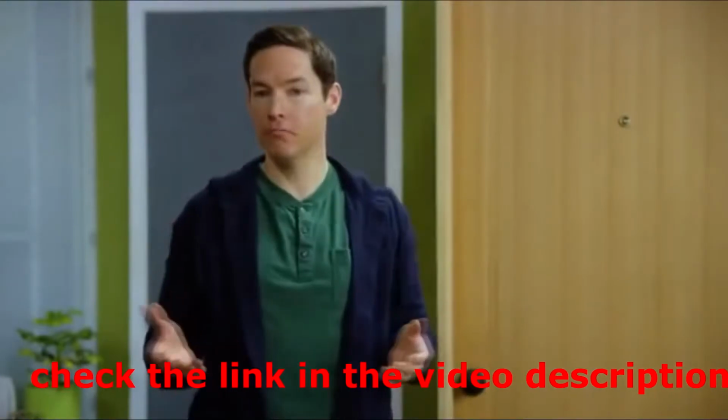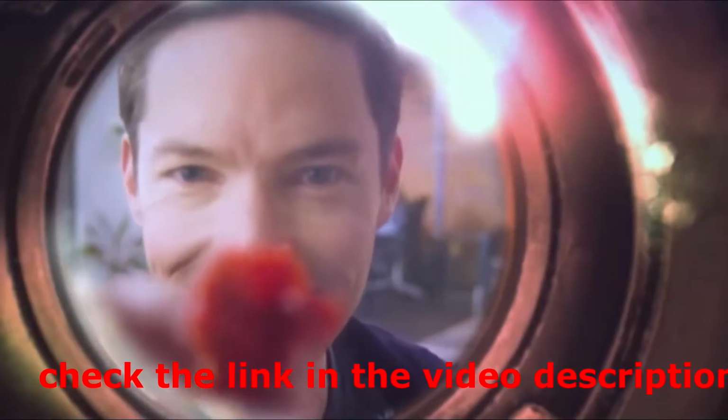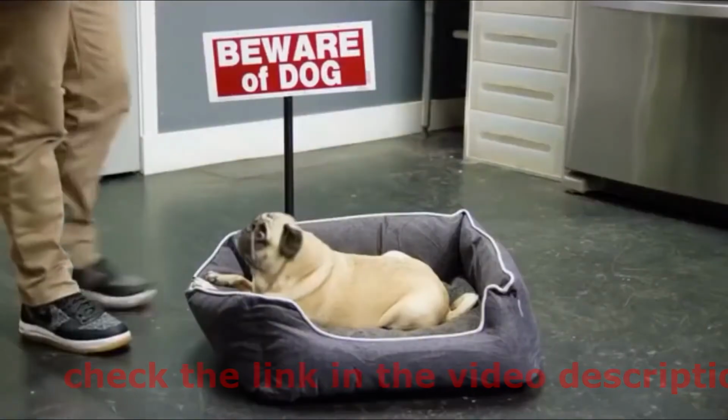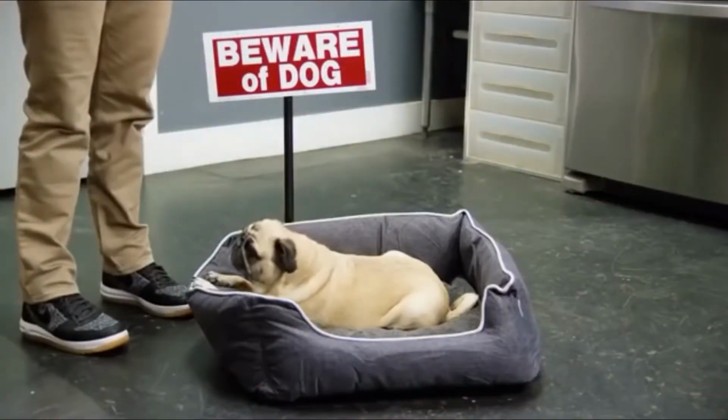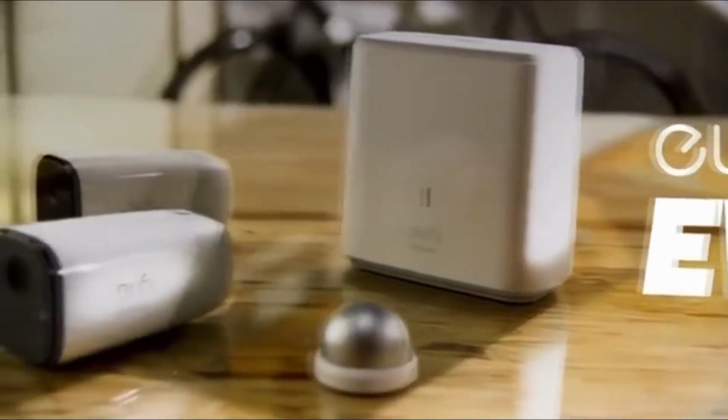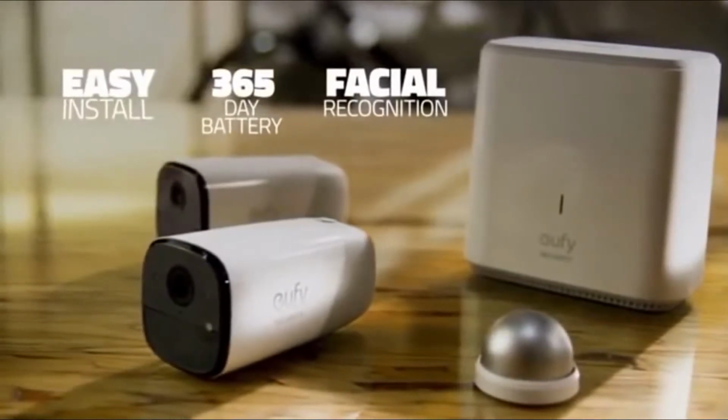When you think of home security, what comes to mind? The peephole, the chain lock, maybe the classic stark warning. But you were probably thinking a bit more high-tech. Introducing eufyCam, the first of its kind home security system that gives you everything you want with none of the